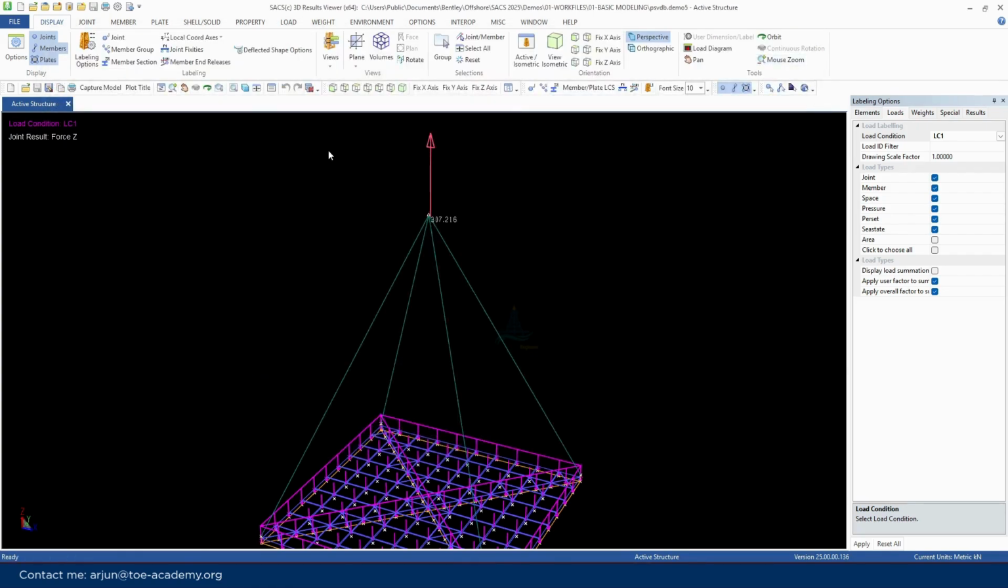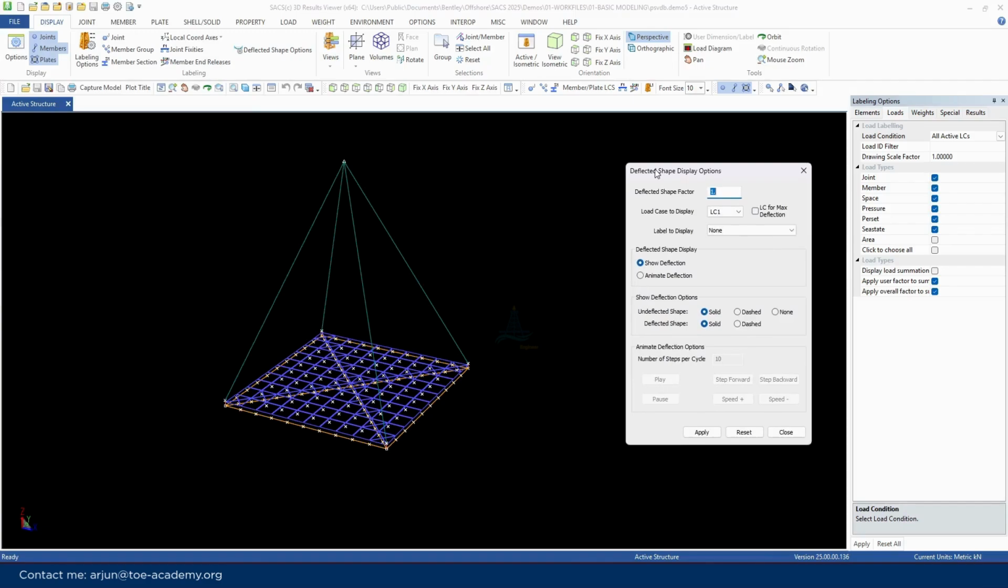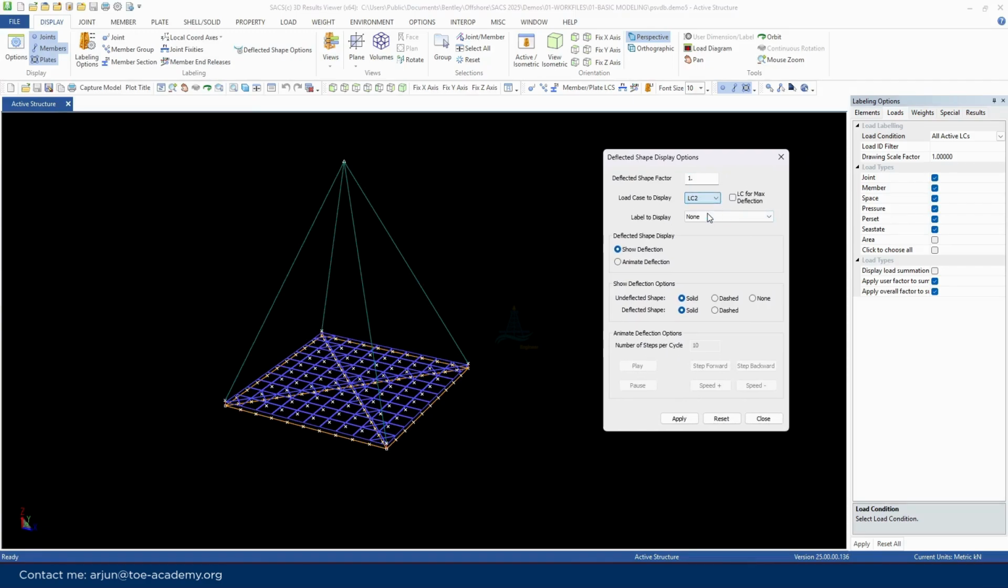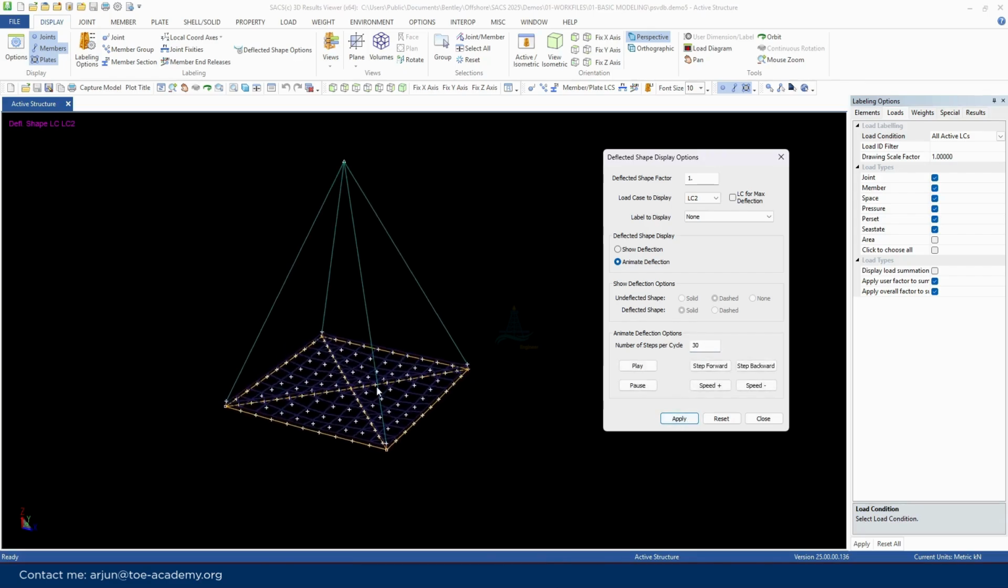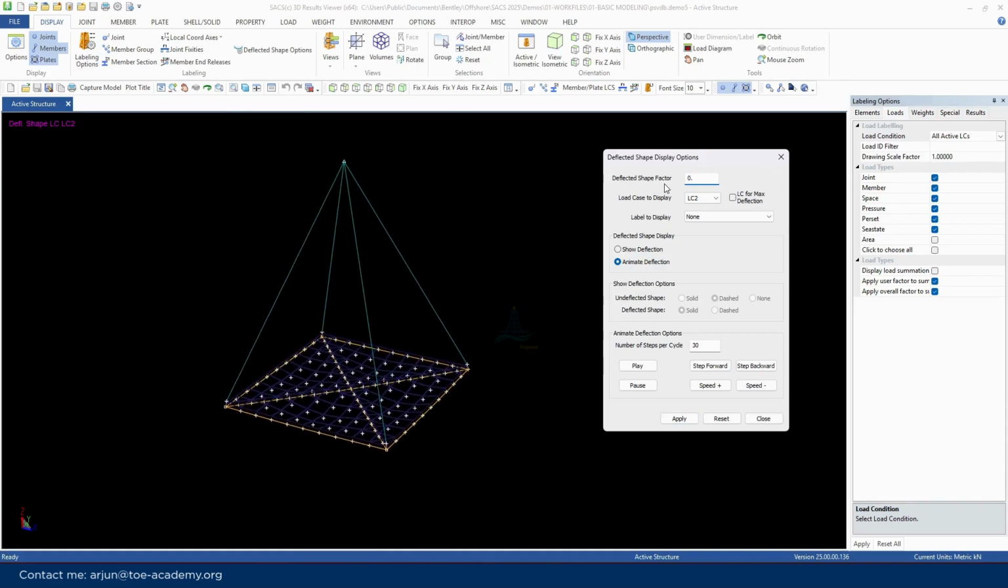Now the next thing, you can see the deflection plot. For the deflection option, you come over here. You can see for LC2. If you want to see how the deflection acts, if you want to see the animation, you can use this one and see the animation. So this is an exaggerated view. So with the shape factor, you can maybe